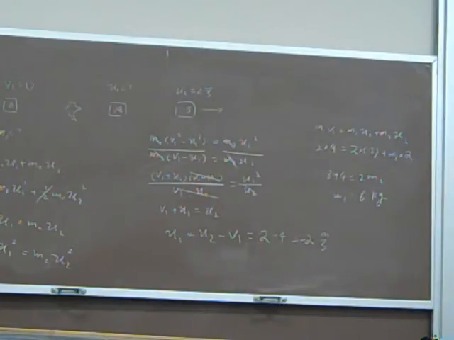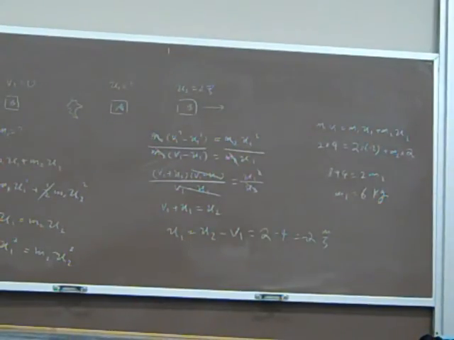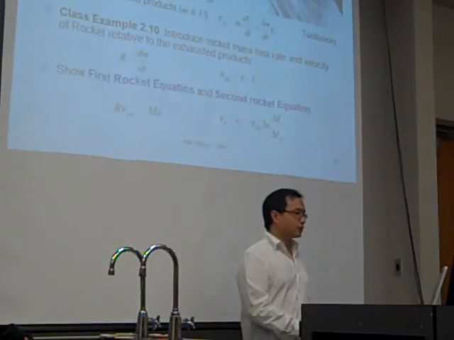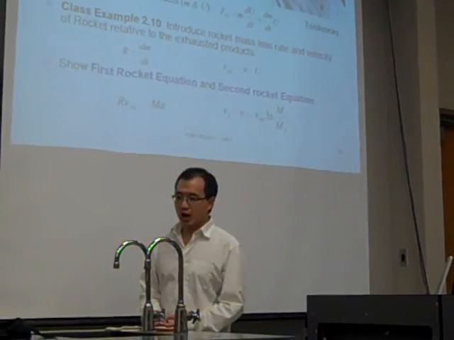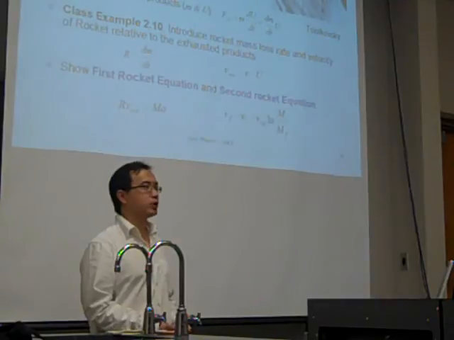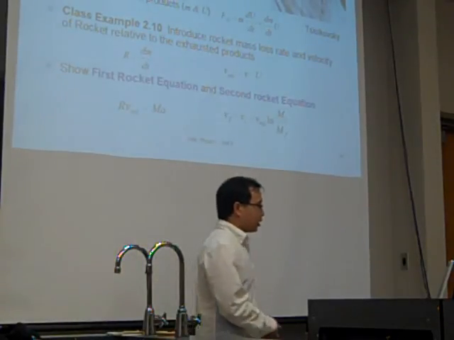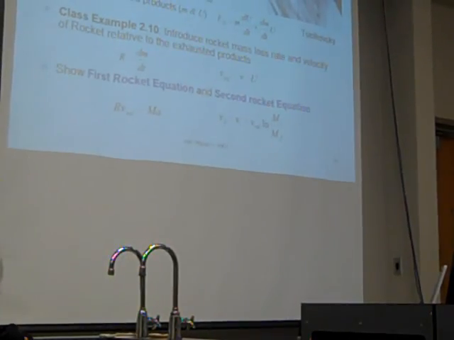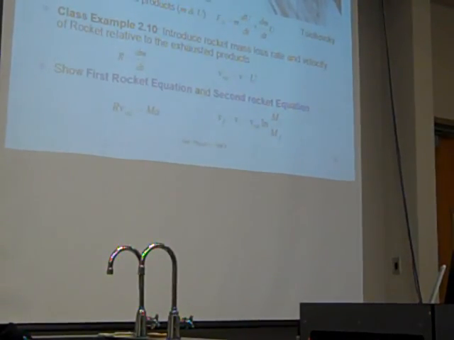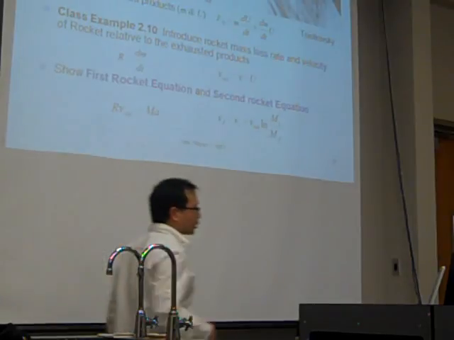And next class, we're going to discuss the details of the rocket problem. We want to calculate some quantities related to rockets. This calculation involves another important person, Tsiolkovsky. He's the father of the modern rocket, the theory part. He's from Russia. He's a Russian. So that's it. Next time we are going to